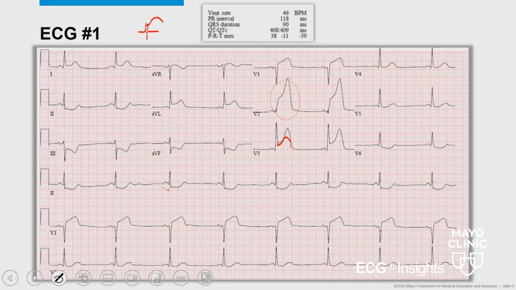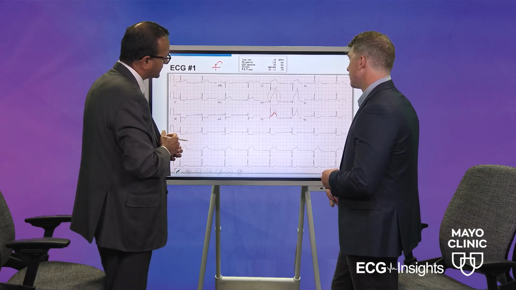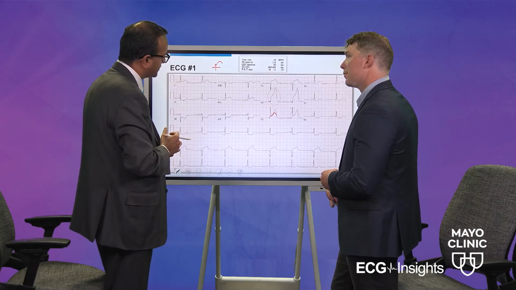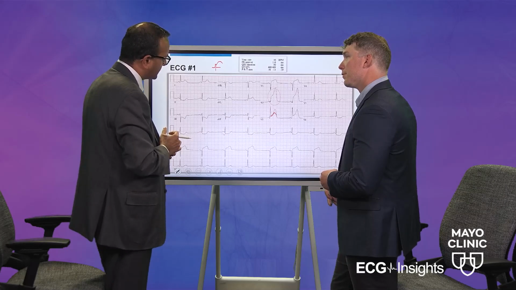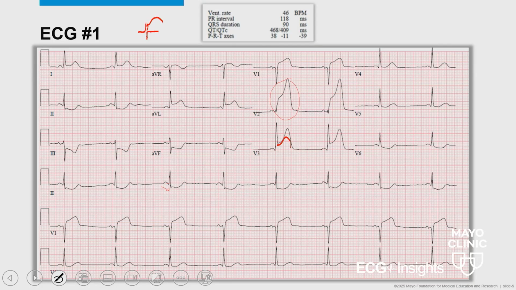So if this patient comes to the hospital, obviously with chest pain and in the right clinical situation, at least clinically, you should consider activating the cath lab or trying to get this patient to reperfusion therapy as soon as possible for this patient to do well over a period of time. A few other things you could look at here. This is an acute MI going on, but sometimes it's difficult.